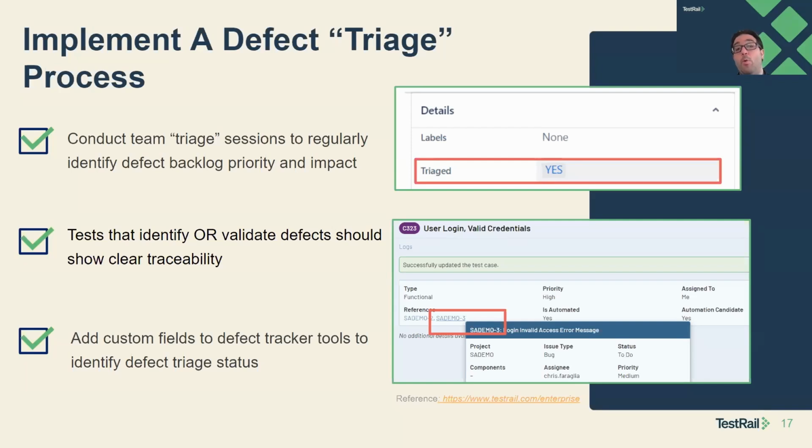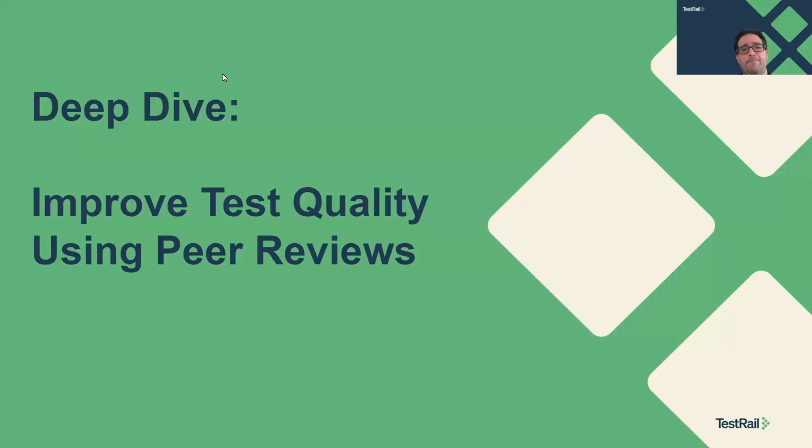Knowing where it came from, what test cases it's linked to, how it was identified, having deep traceability for your work management, agile management tools, I think is really critical. And then you interweave that with the process, and defect triage can really add a lot of effectiveness to teams. And the same thing I've been saying, it really doesn't get any better when you're distributed or hybrid or working in more segregated environments or work models. So this is a great way to get everybody on the same page.